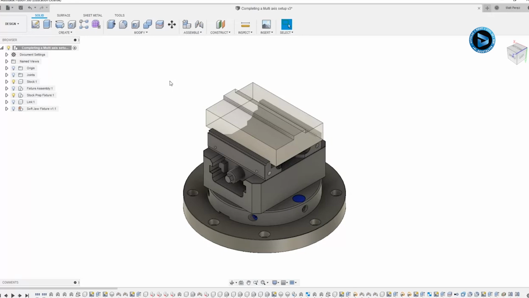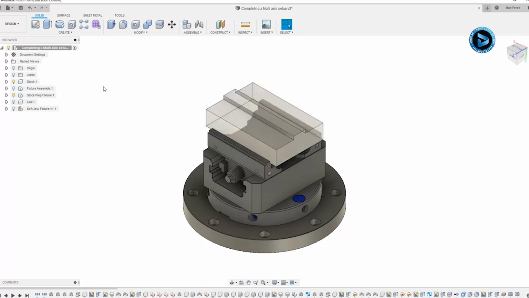We're going to be going off of the stock that's in this model, and we're going to be cutting it down. But the first thing that I like to do is create a stock body representation of it. When we create our CAM setup, we can automatically generate the stock there. But I think it's a good practice for us, especially when dealing with multi-axis parts, to explore how we can create that stock as a solid body or import it as an STL. And again, we've already looked at these several times, but we want to make sure that we understand the process,